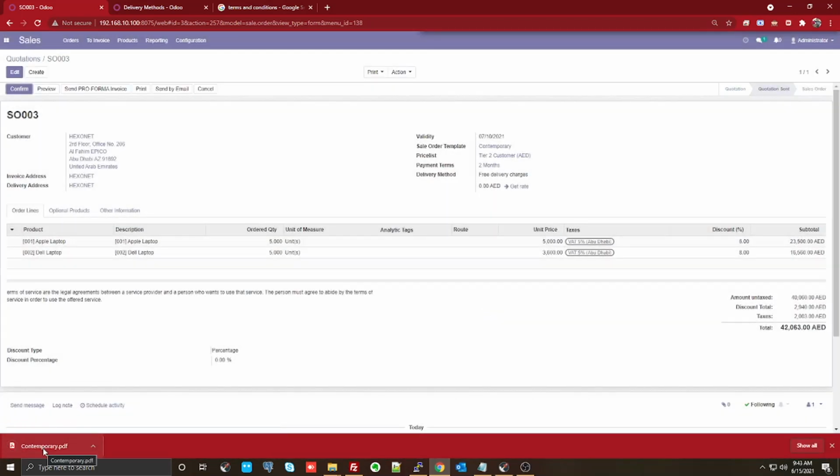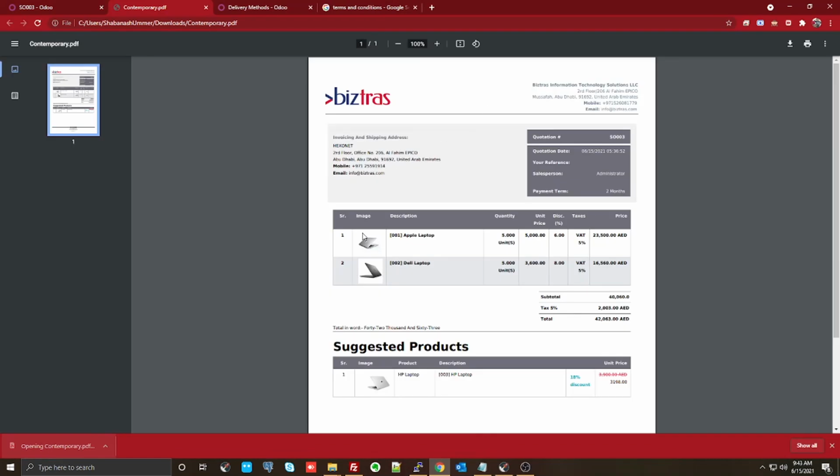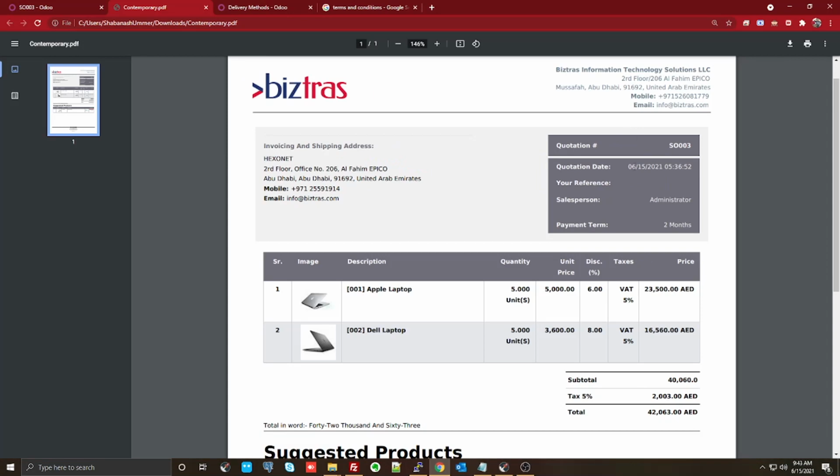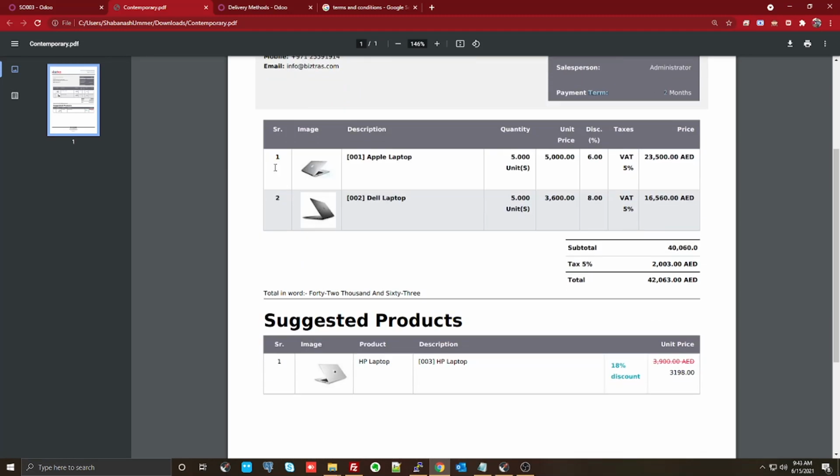And when you print this quotation from the system, this is going to look like this, where you can see the quotation date, the quotation number, and if there is any reference provided from the customer side, that information would be there. You can have your payment terms. Coming down, you can have the product, and you can have the image. Now let's put it this way: if you're not comfortable having this image, you want to remove it, we can do that. If you want this item to be there, you can do that as well.